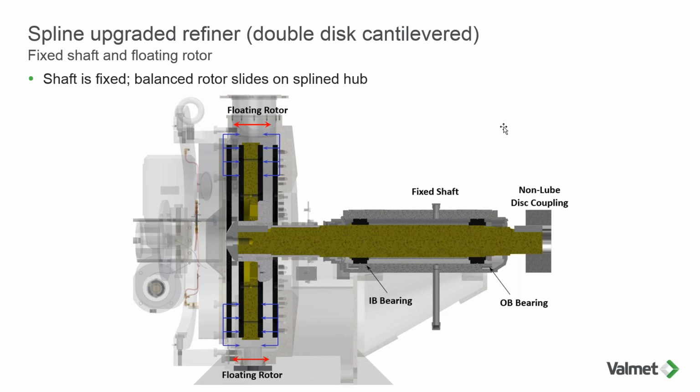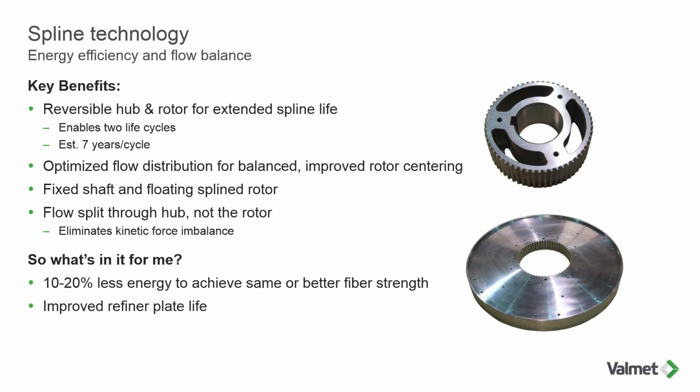in and of itself. But here's what these splines look like. You have, again, this hub is fixed onto the shaft. Shaft is fixed in place, so nothing is moving. You have this rotor, and these teeth interlock on these teeth, and you have movement back and forth as power is being applied and flow changes. This rotor is going to perfectly balance itself between the two stators without any hindrance from any of the previous